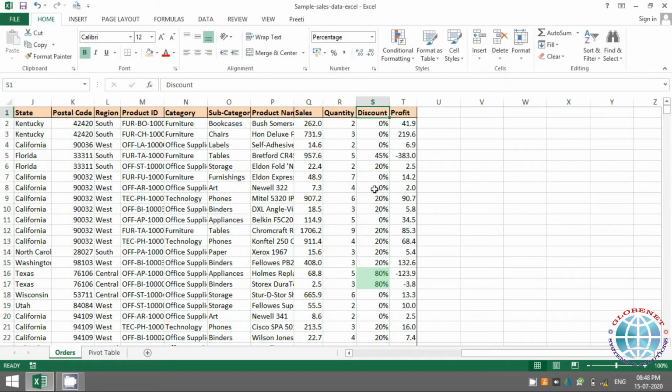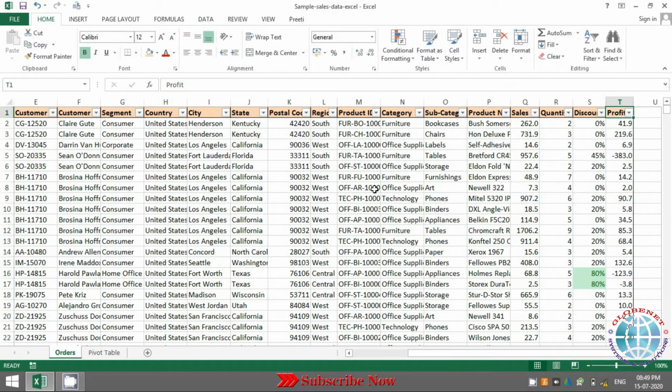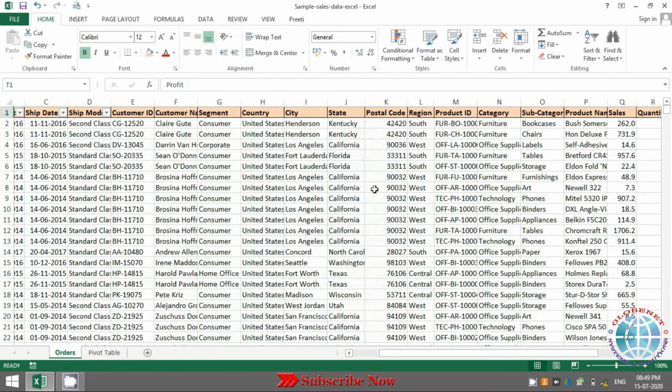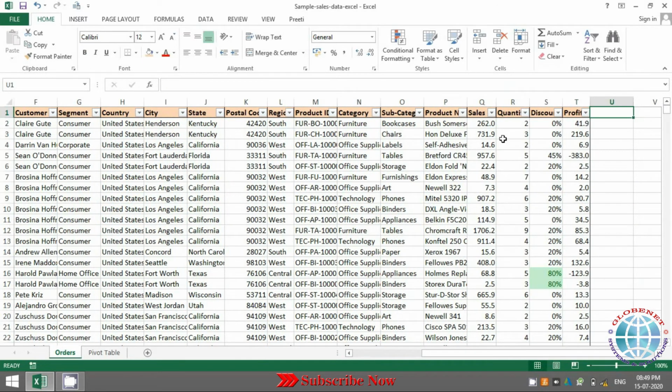So I want to just highlight it as green color. Now as I mentioned earlier, you can filter it out or you can sort it out. Let's see how that works. I want to just filter out all the green colored ones. So I'll get the filter. Shortcut to get the filter is Control Shift L. To remove, again it is the same shortcut. To put the filters, it's the same shortcut.